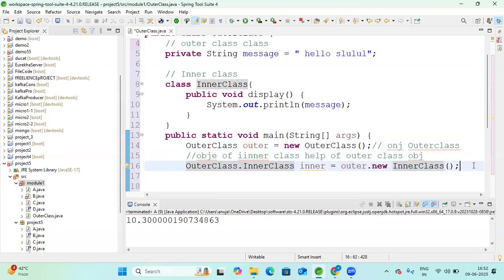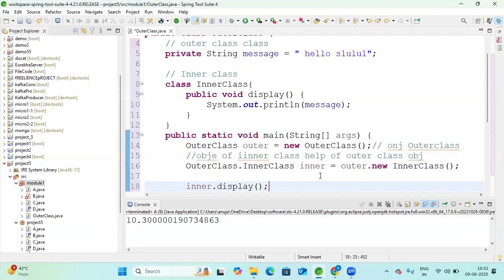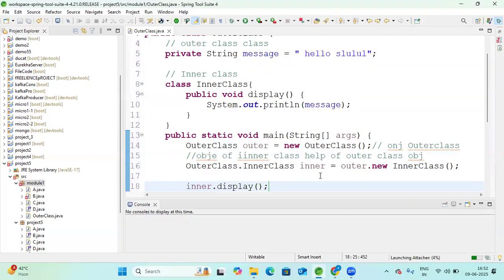So this way we have created the inner class object. Now with the help of the inner object dot, you can call the method. Our method name was display. Control plus save and